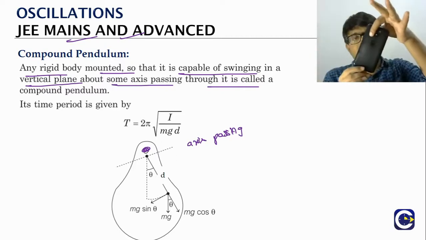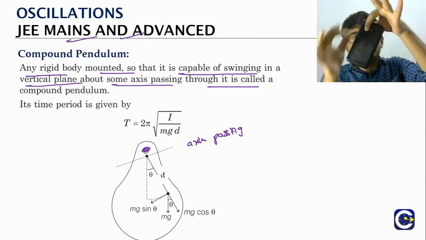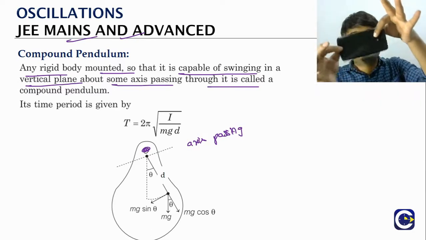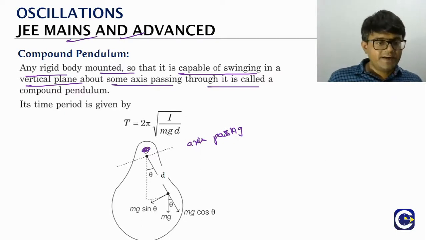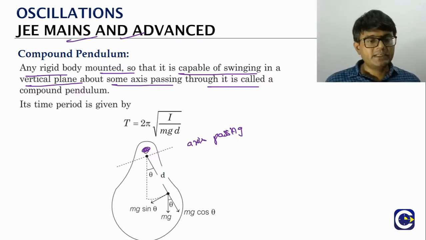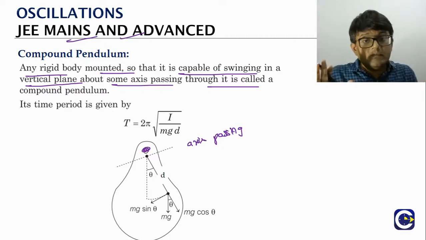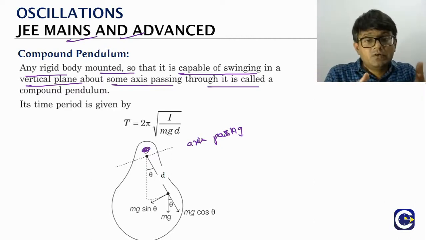Think of it, this is a rigid body. We have fixed it, and you just give it some angular displacement. What do we see? We will see that it will be doing oscillations in a vertical plane. It stops fairly quickly because there is obviously the effect of damping, or the dissipation effect. We'll talk about them as we go into the discussion. But here, if we are studying the ideal case of such a rigid body rotating in the vertical plane, such an object is what we will refer to as the compound pendulum.